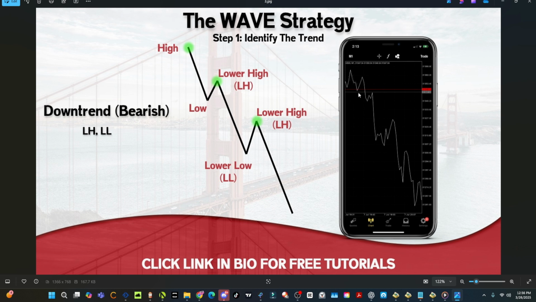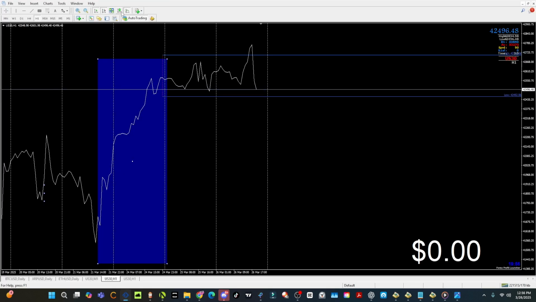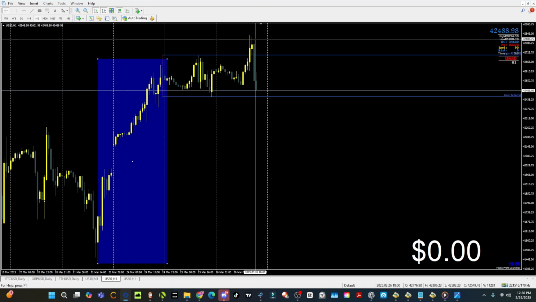Now, this is a real life screenshot of the actual market when it was going down. It's not going to look perfect like this every single time, but if you can see the similarities, then you can make money from it. I believe that US 30 is going down right now, and I'm pretty sure that it's making this pattern on one of the smaller time frames. So let's go back to the candlesticks. This is US 30 right now.